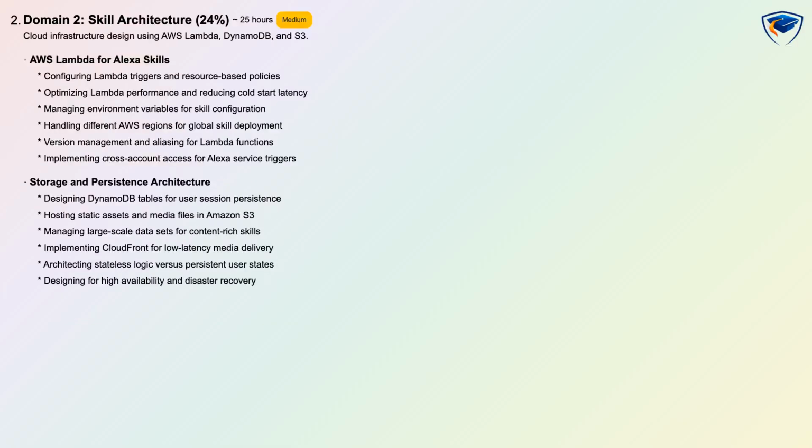Domain 2, Skill Architecture is 24% of the exam and rated medium, with about 25 hours of study and scenario-based assessment focused on cloud infrastructure design using AWS Lambda, DynamoDB and S3. You will configure Lambda triggers, set resource-based policies, optimize cold start performance, manage environment variables, and handle regional deployment, versioning